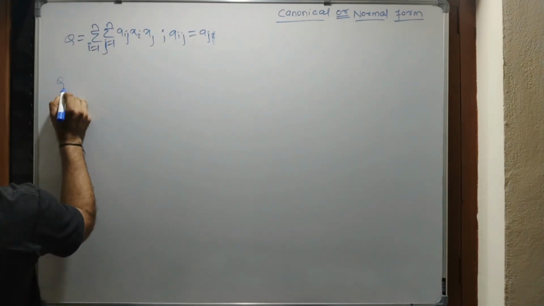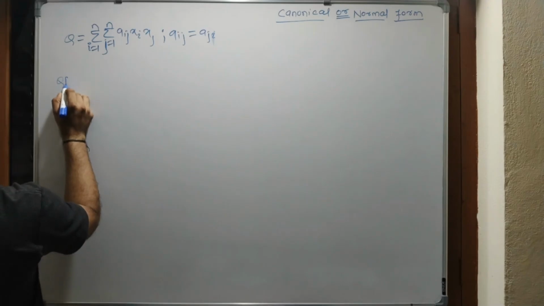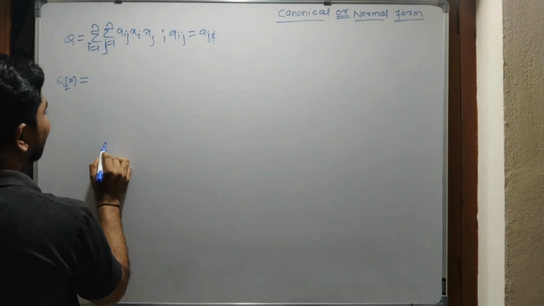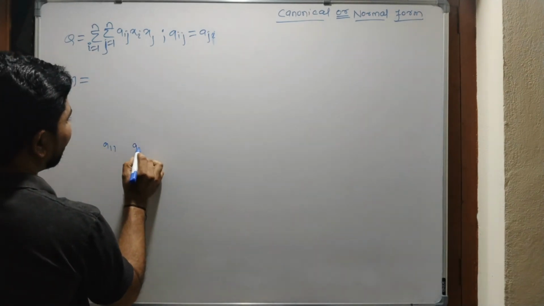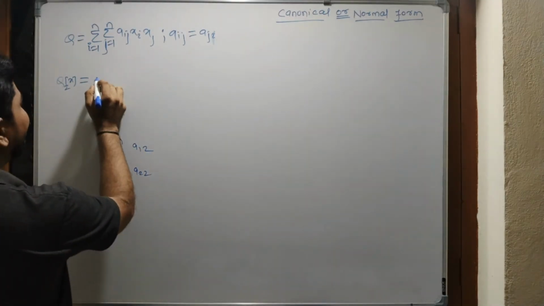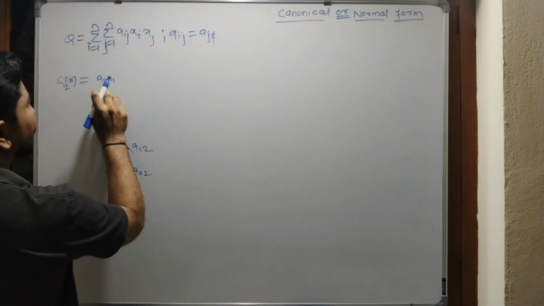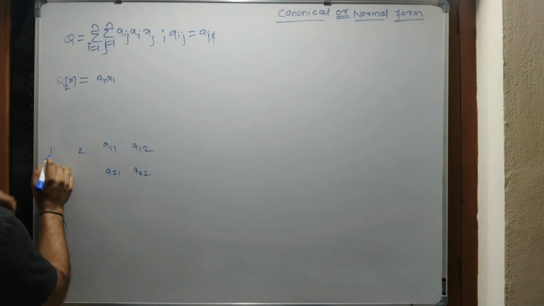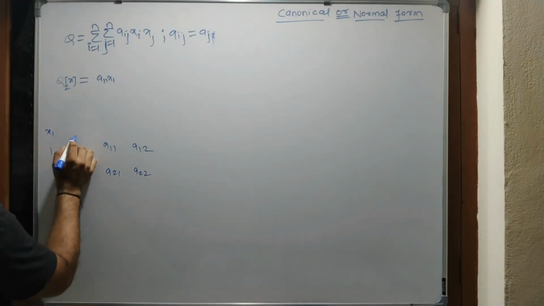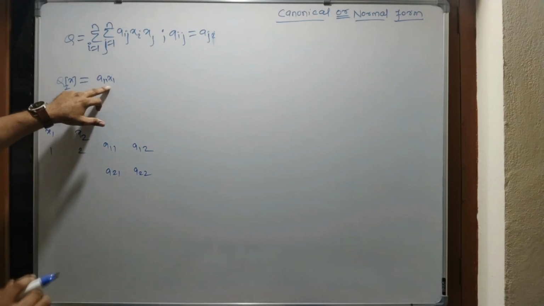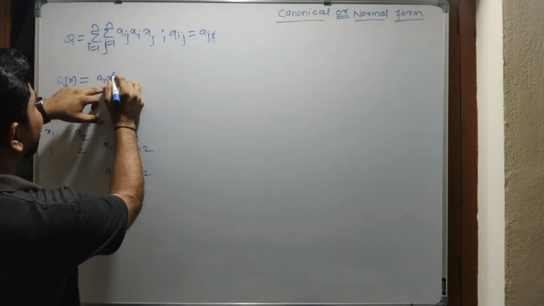For example, let's say I want to write the quadratic form in two variables. So I will write Q2 of x, which is equal to, using the matrix a11 a12, a21 a22. Corresponding to 1, let's say x1 is the unknown, and corresponding to 2, let's say x2 is the unknown. Here this is a11, so we write x1 x1, so a11 x1 square plus